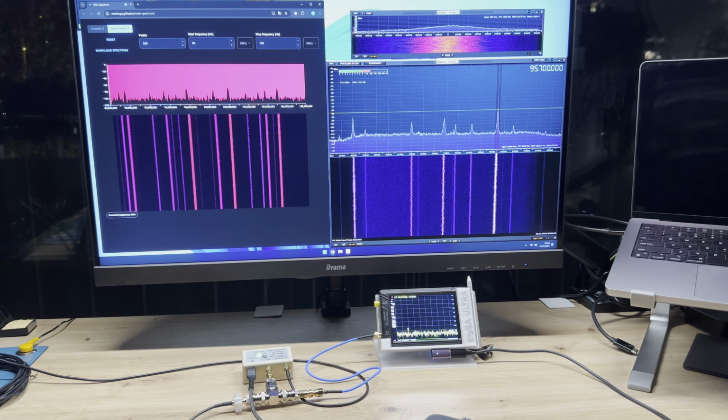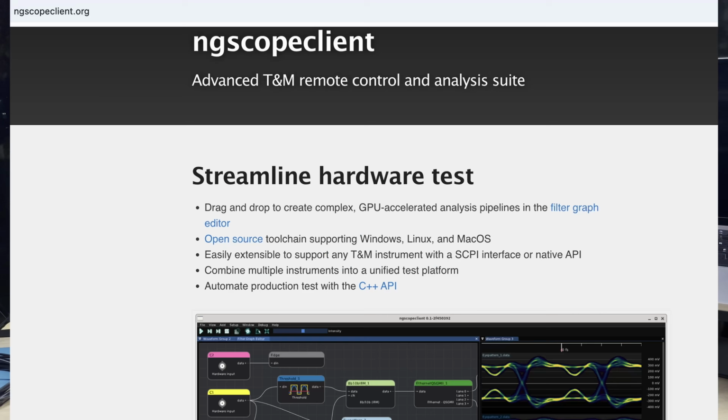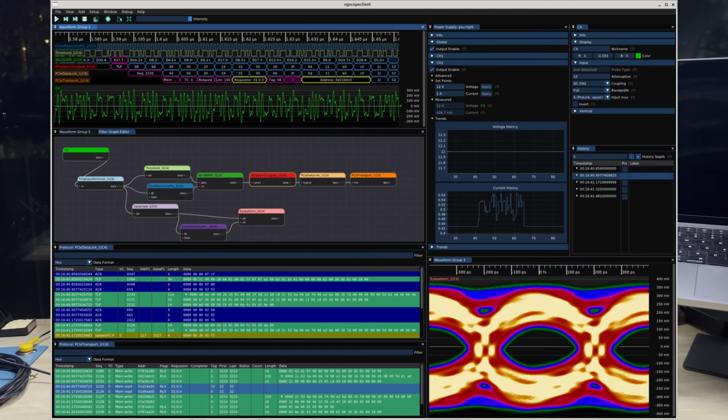The natural first move to reduce costs is to introduce open source software for lab equipment. A good example of a successful software in this sphere is Scope Client that comes with a quite powerful set of functionalities that include not only advanced analysis of signals like doing an eye diagram, but also have various decoding